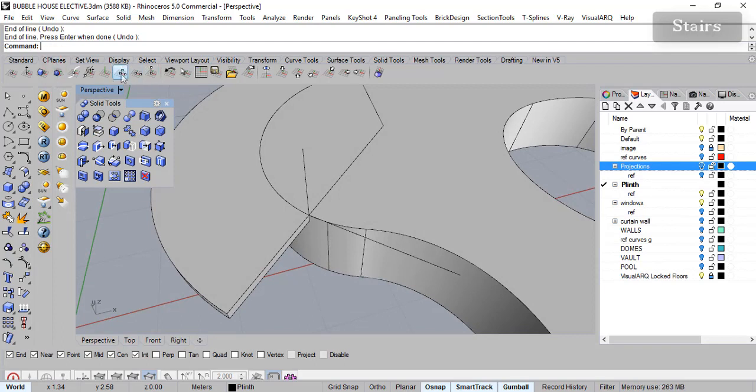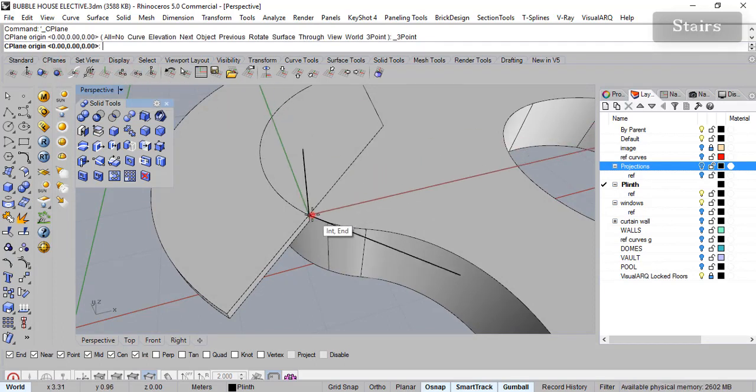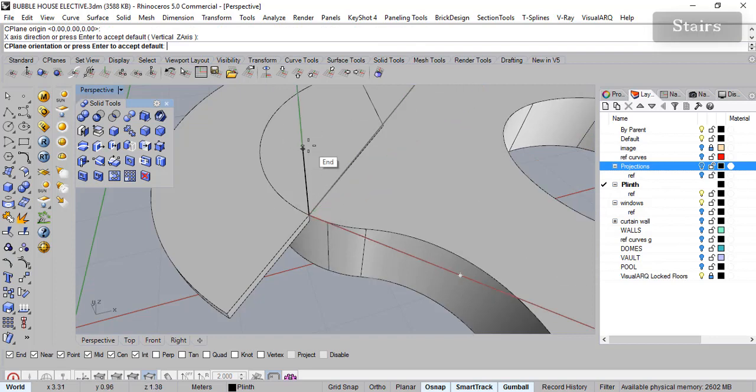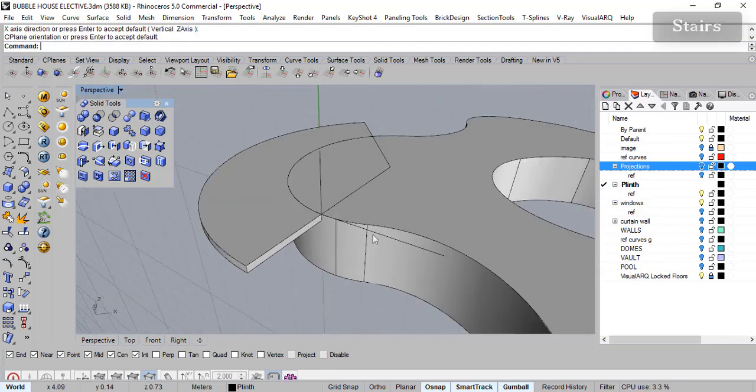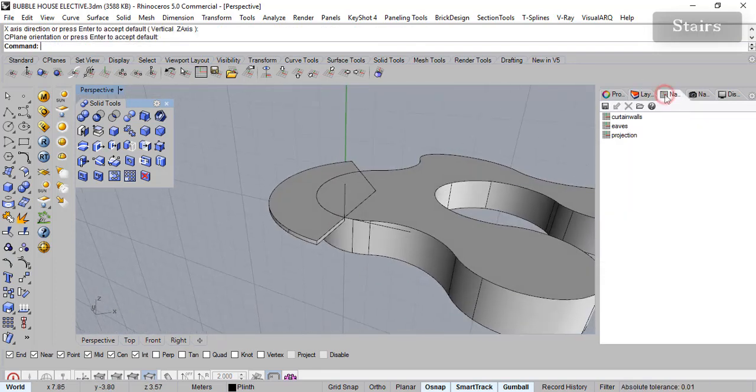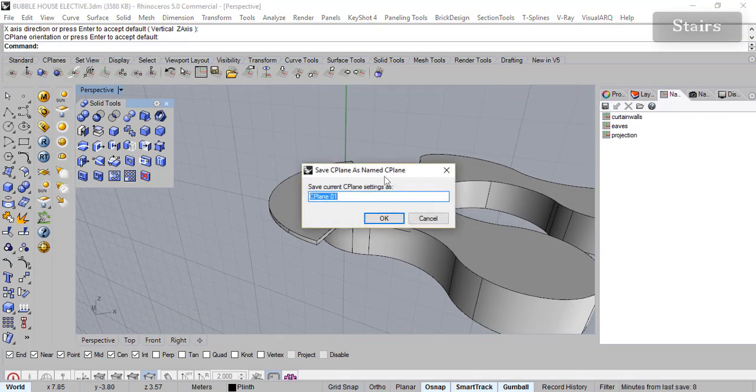We come to construction plane, 3 points, first point, second point, and the third point. Construction plane is aligned, and we save this under name construction plane, save as, we call this steps,